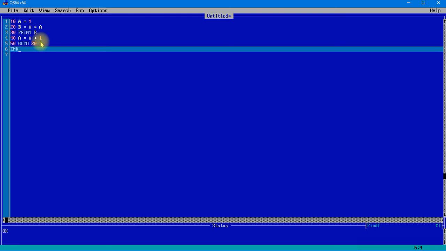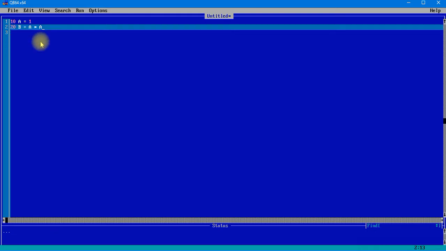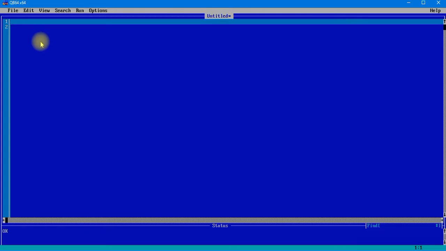First of all I will write a simple program. Let me write over here REM, to check if a person is adult. I just want to check if the person is adult.